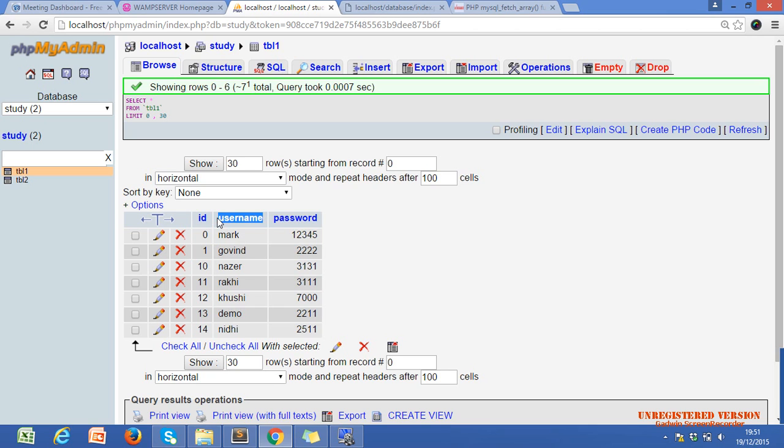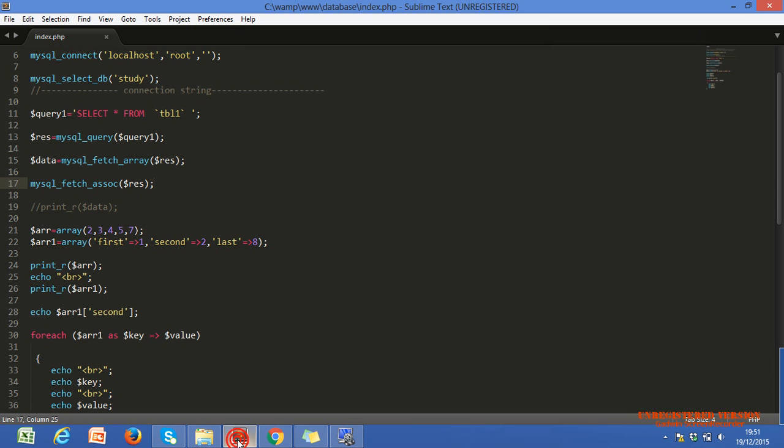Just keep in mind, in an associative array we can assign keys, but in an indexed array there are automatically generated numerical keys starting from 0.